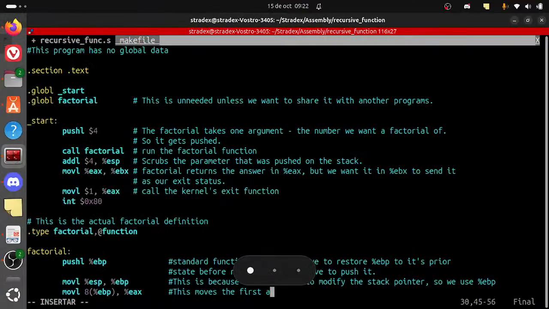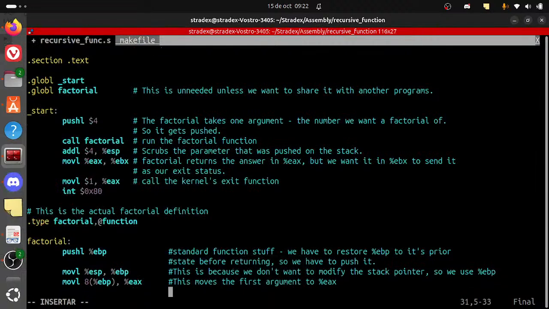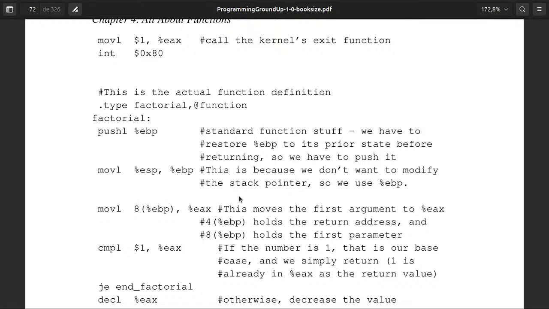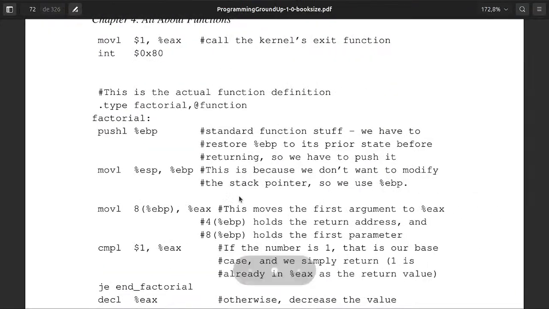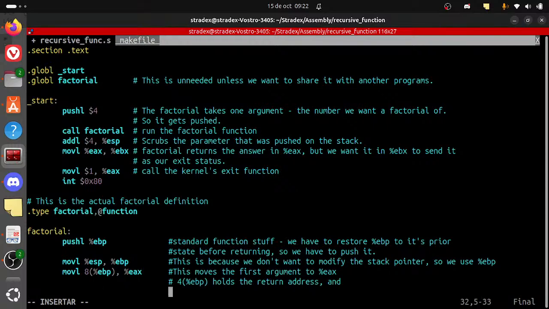First argument to, what's the return. Okay, so